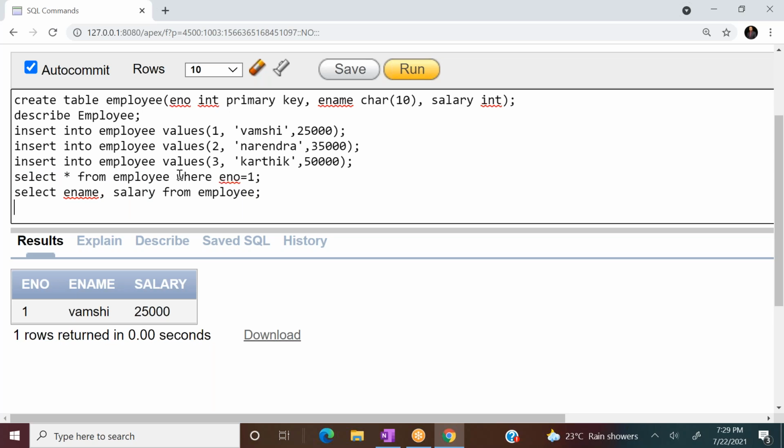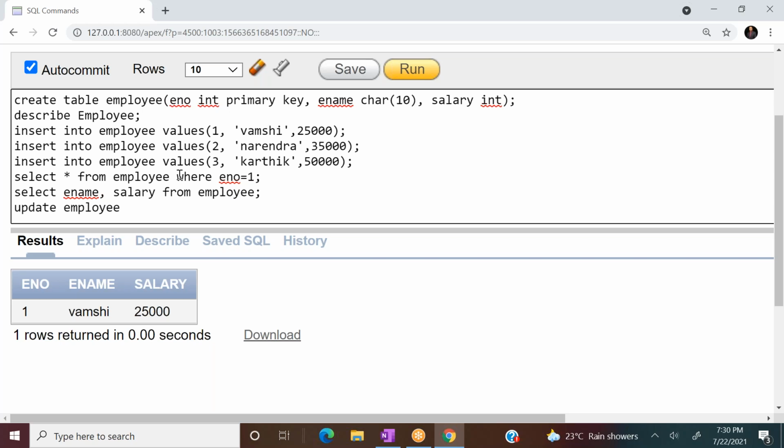Done. Now, if you wanted to update a record, to update the employee records, we have to use a query called update. Suppose I have inserted some data. Later I wanted to make some modifications to the existing data. How should I make changes to the table data? We have to use the update query. Update. Which table is to be updated? Sorry, the employee table, because I created the employee table.